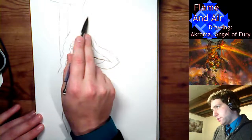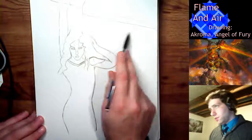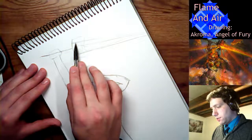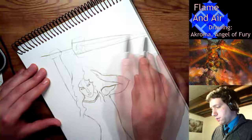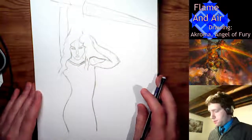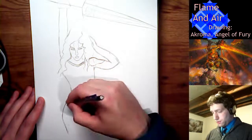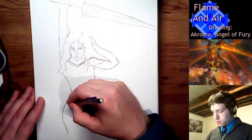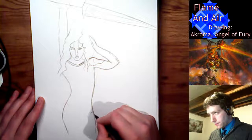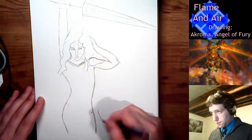I think it's kind of where we want the bottom. And that's kind of where we want the top. So far I'm actually pretty happy with my framing of things, because it could have gone a lot worse. I could have been running off frame a lot here, but I don't think I am, which I'm pretty happy about. This guy is going to come up like that. I think it's supposed to be attached here, but